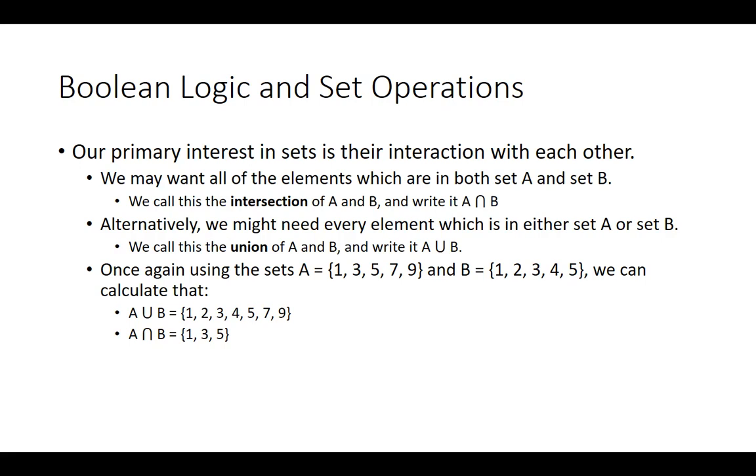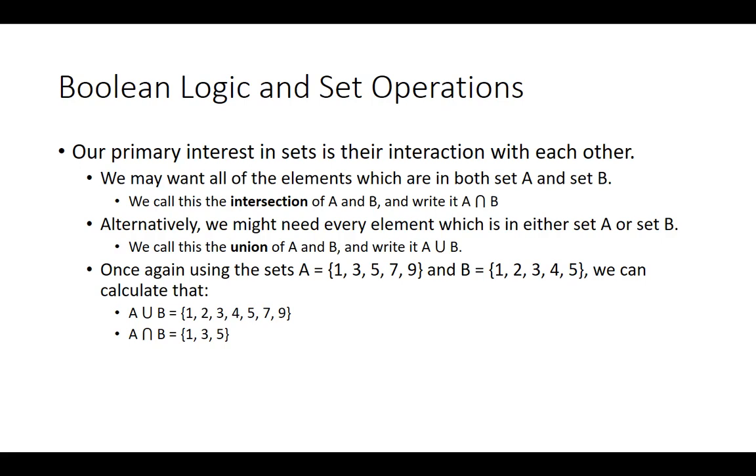Now that U and the upside down U, the intersection and union symbols, are a little bit bigger than a typical letter U. So you're not actually writing a U, you're writing a U symbol or an upside down U symbol. Once again, using the sets A being the set 1, 3, 5, 7, 9, and B being the set 1, 2, 3, 4, 5, we can calculate that A union B would be 1, 2, 3, 4, 5, 7, 9,